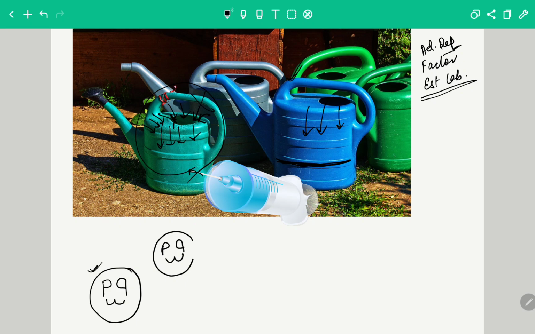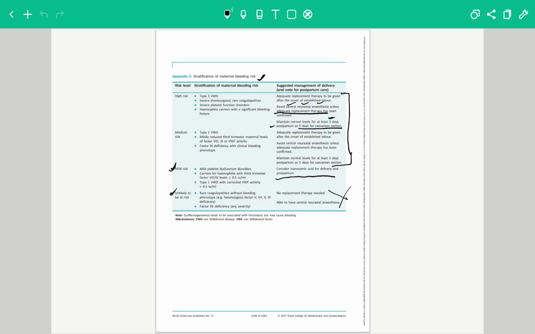So postpartum, the normal factor maintenance has to be there for 3 days. And for C-section, section looks like 5. So for 5 days, the normal levels of the factor is being maintained following